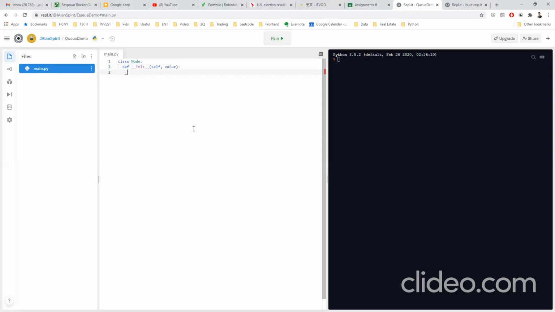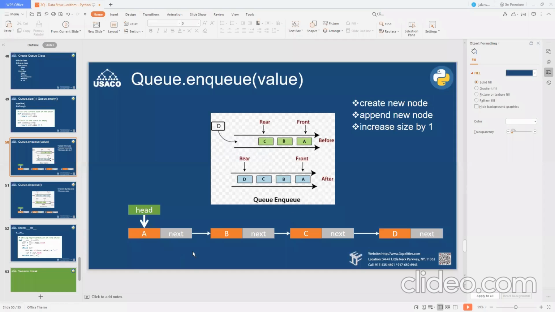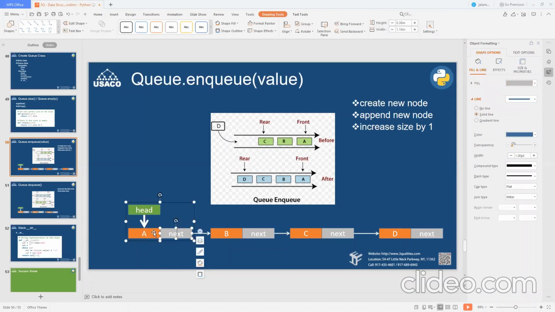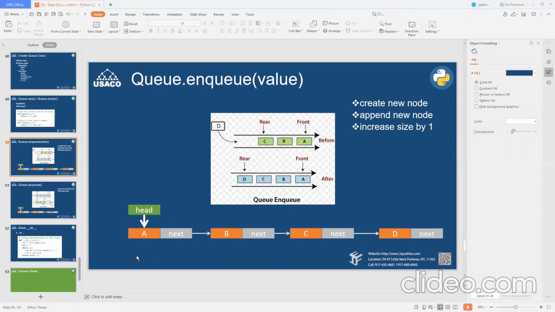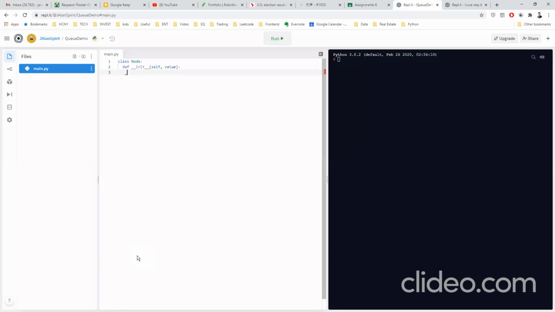Remember, we have 2 properties for each node. What are they? Julian?